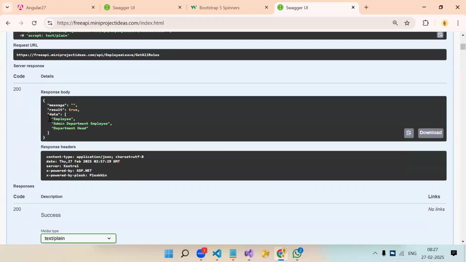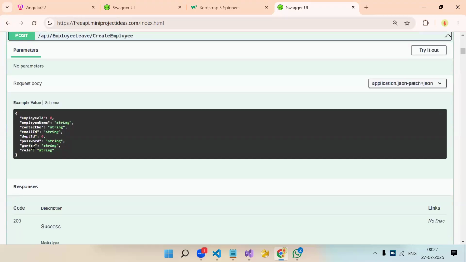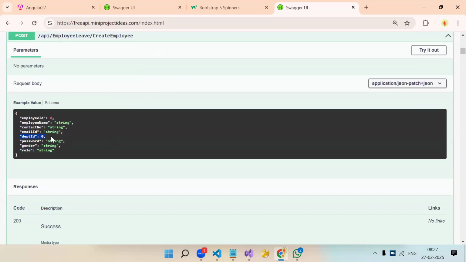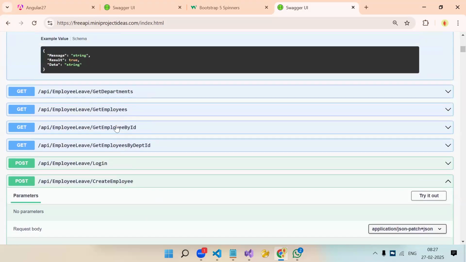Okay. You get an array of string. It's not ID key value pair data. Okay. So when you create the employee form, a dropdown will be there, but that dropdown data either you can hard code or you can use the API also. But department ID you cannot hard code. You have to call the API. Whatever the departments are there, that you need to show.